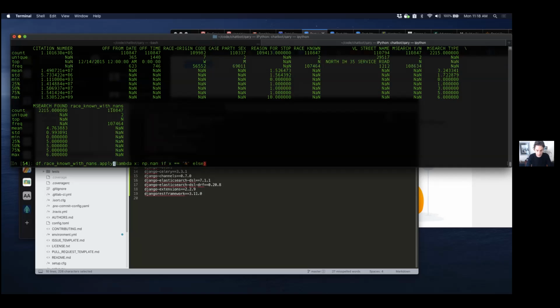Else, this is another trick. You can do if statements on the same line. As long as it's just an if else, you can do an if statement based on any condition. And we're going to return the x value if it is equal to y. Oops, we don't want to return if race is equal to known. Oh yeah, so we're going to return np.nan if the race known is equal to n, and otherwise